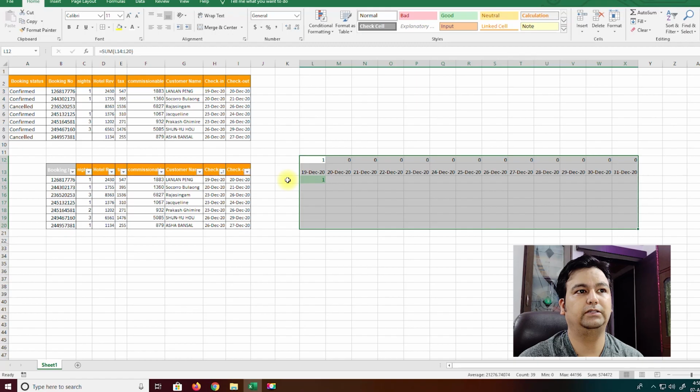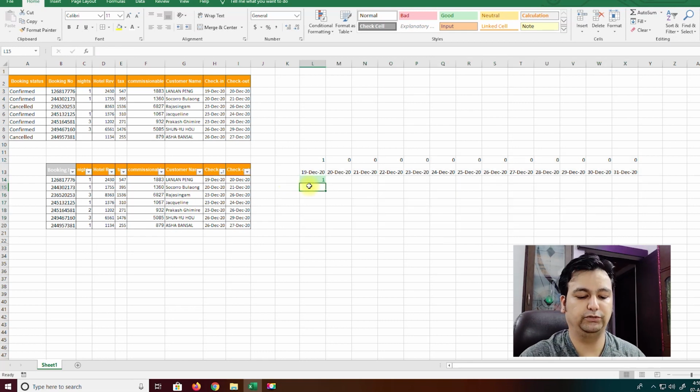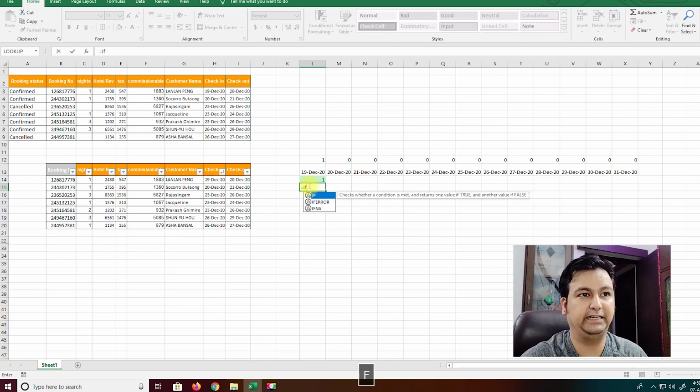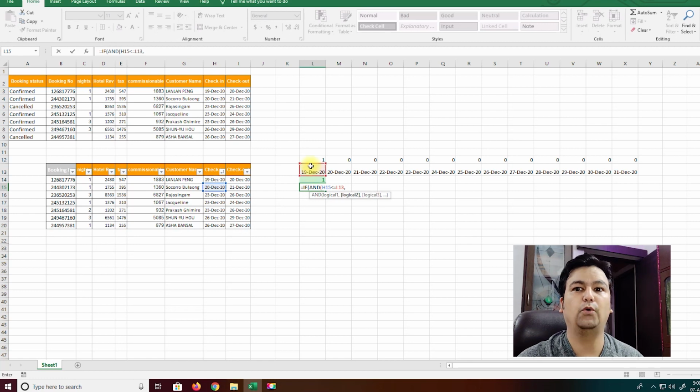Using IF with AND. Let's say this reservation is for one night and all these reservations are for one room each, then for the night of 19th of December, it should contain a tally of 1. For this, I will start writing the formula, which goes as equal to IF, and then I'll hit tab, then AND, tab. My check-in date, which is H15, should be smaller than or equal to this date, which is in L13. Put a comma. Now I can enter a new logic. The new logic goes by value in I15 greater than this value, which is L13, and I'll close the bracket. Now the AND formula is completed, which has completed the section of logical test.